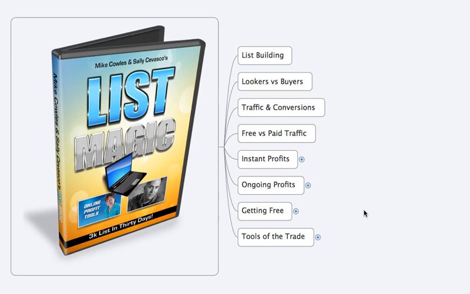Or one that I like a lot is, how to do blank in a certain amount of time with blank. For example, in the weight loss niche, you might say, how to lose 10 pounds in the next 7 days without dieting or without exercising.